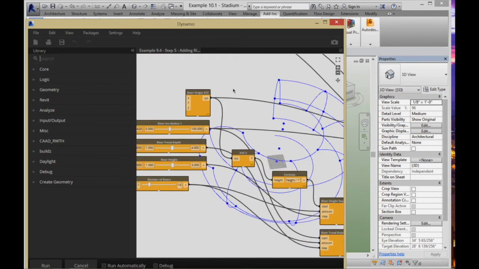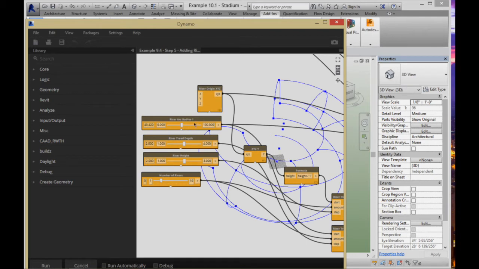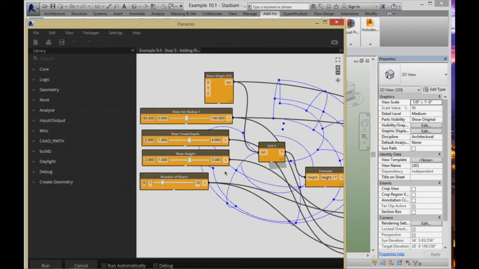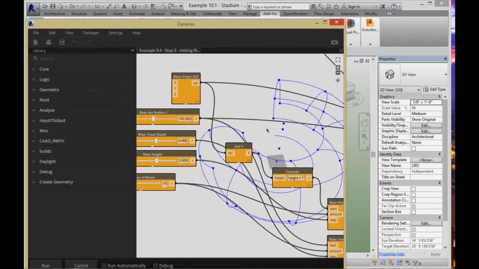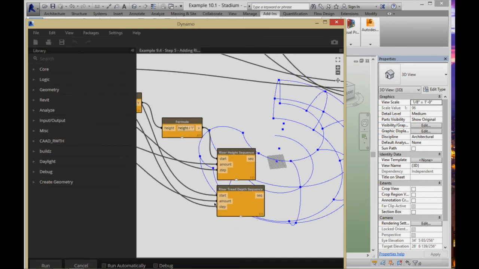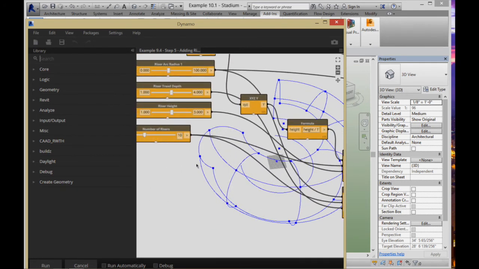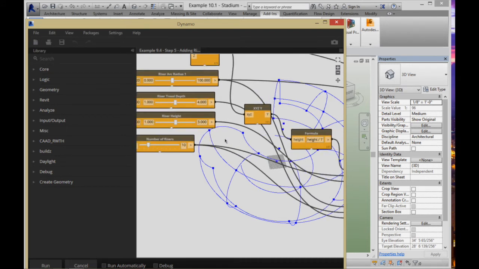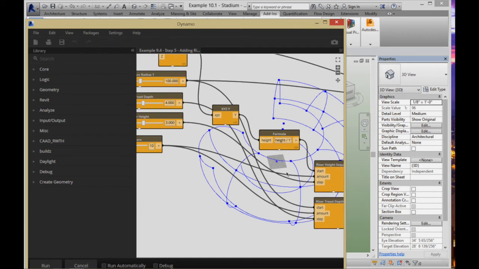So we went through and set up a series of different variables: the riser arc 1 radius, I should say, that's for the first arc. There's a tread depth and a riser height, and a number of risers. We're going to wire this all together. We're going to use that riser arc radius to create an arc by center, radius, and parameters. Then, based on the riser tread and the riser height, we're going to add some things together. Basically we add that height,